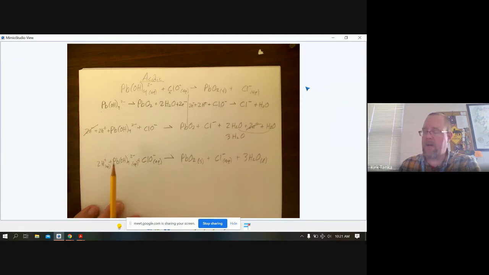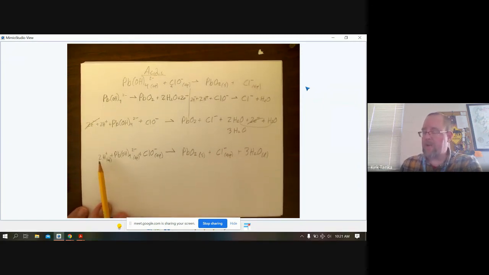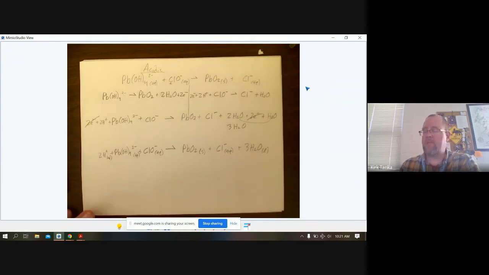And then I can look and I can make sure that they are balanced. If I do, I've got 2 hydrogens, 4 hydrogens, so that's 6. I've got 6 hydrogens. I've got 1 lead. I've got 4 oxygens, 5 oxygens on one side. I've got 2 and 3 more, that's 5. And then I've got Cl. It is balanced. The only other thing that you might have to do is say what's